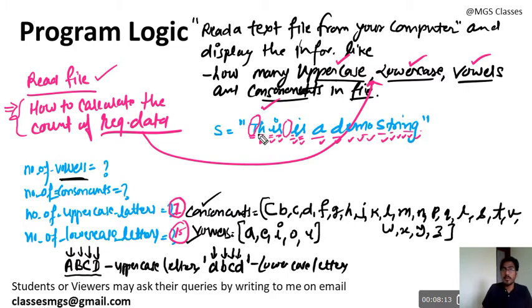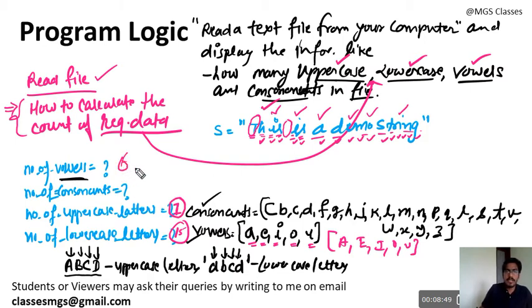Now count the vowels. Vowels are what? If your string has A, E, I, O, U, either in small or in capital letters, if it is a capital letter, then also it will be a vowel. Okay, so T is not a vowel, H is not a vowel, I is a vowel, so 1, S is not a vowel, I is a vowel again, so 2, A is a vowel, 3, E is a vowel, 4, O is a vowel, 5, and then I is a vowel, 6. So there are a total of 6 vowels.